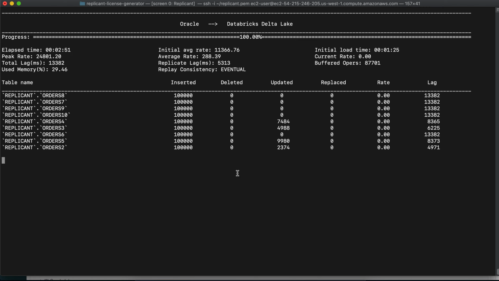In the replicant dashboard, you can see we have already started picking up the updates and applying them in Databricks.